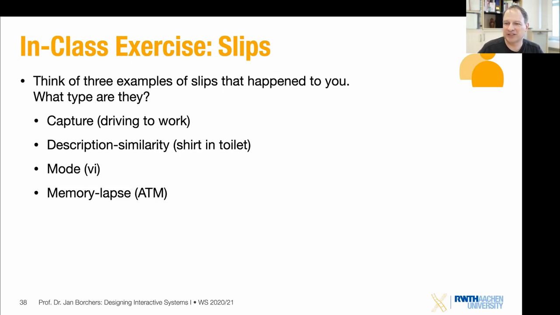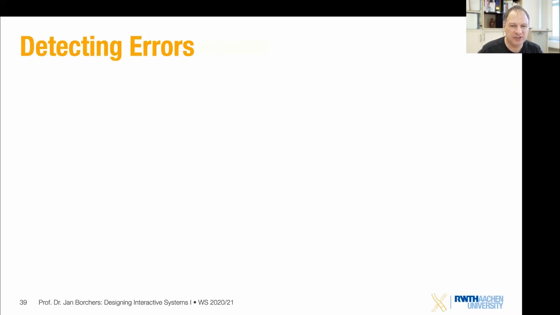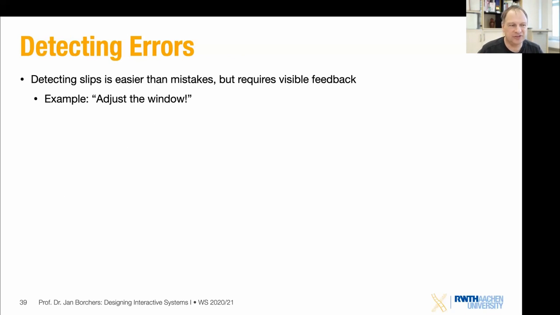We're going to move on and now try to think about, okay, when all these errors are happening, how can we detect these? We already said that detecting slips, so the things that happen because people weren't paying the right amount of attention, they were distracted or something, are easier to catch than mistakes. But you still need visible feedback, right? And as an example of that, there's this wonderful story where